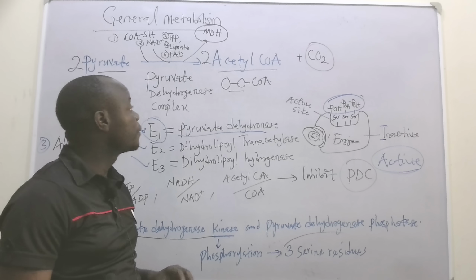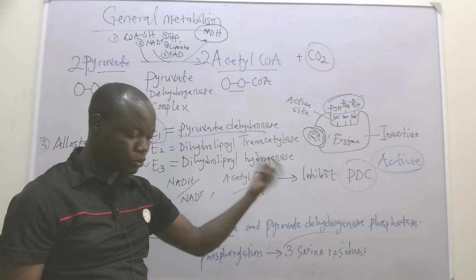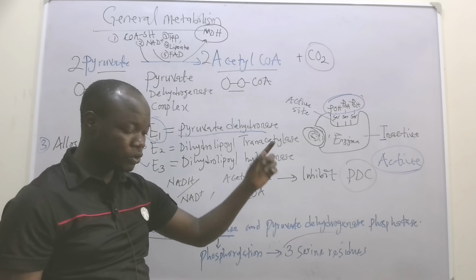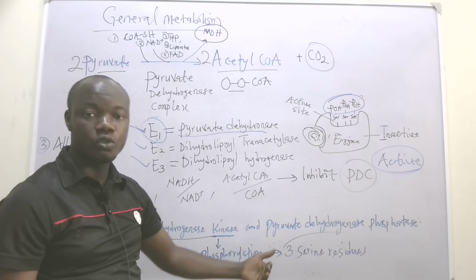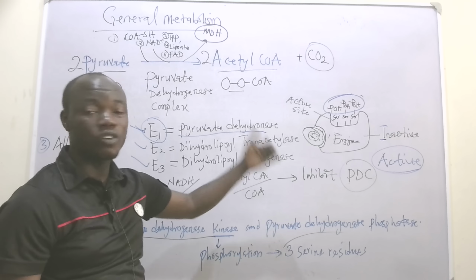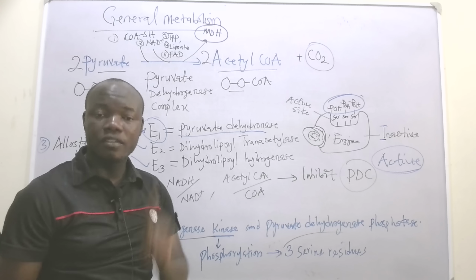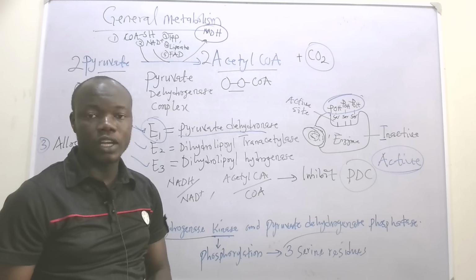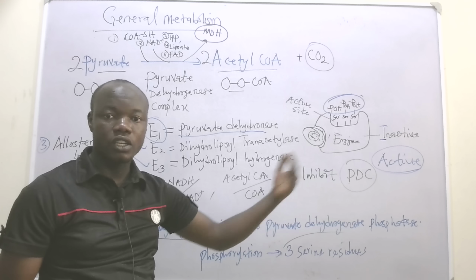So, ladies and gentlemen, first we started with glycolysis producing pyruvate, pyruvate producing acetyl CoA, and then the acetyl CoA will now continue with the citric acid cycle. Very importantly, the pyruvate is generated in the cytosol, and it's also transported to the mitochondrial matrix using